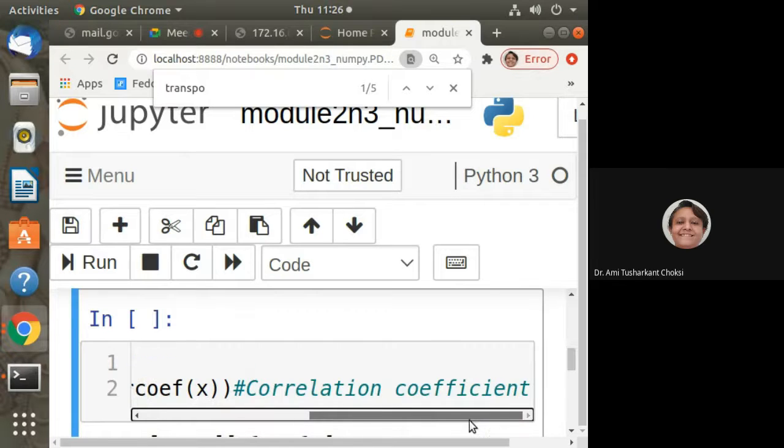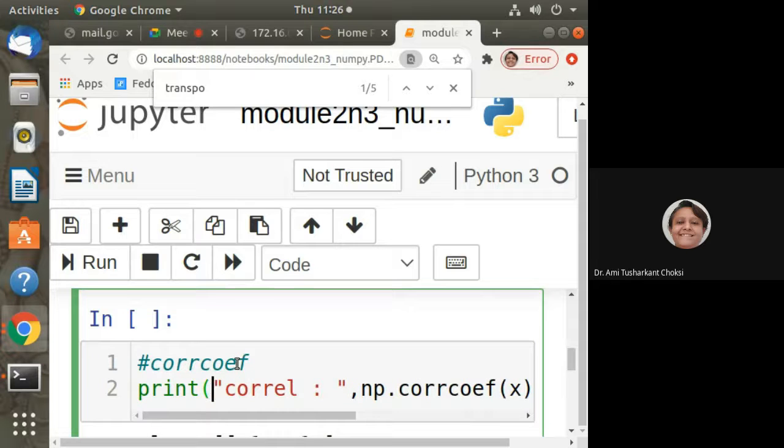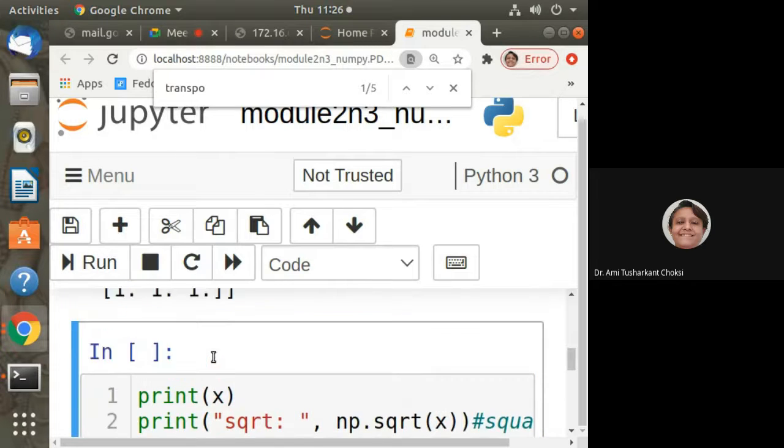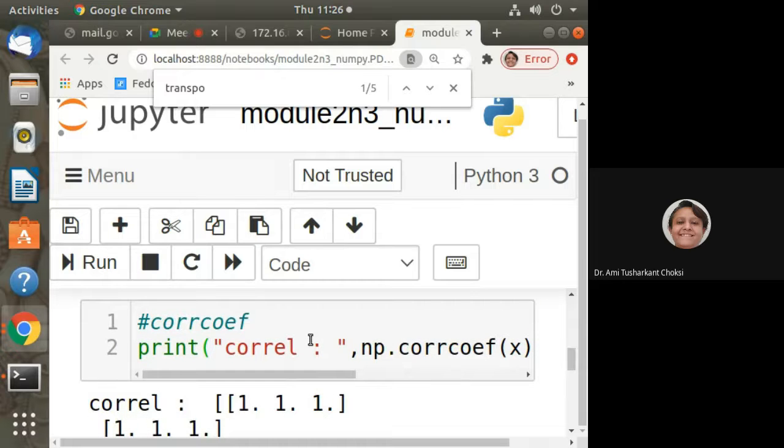Then we can say correlation coefficient. Different types of correlation coefficient are there. They are typically useful for finding the relation between two particular columns or two particular variables, whether they are both increasing or both decreasing or they do not have any relation. So for that, correlation coefficient is being used, and in a particular application we'll be using it. Just now we see how to find it with this simple function.